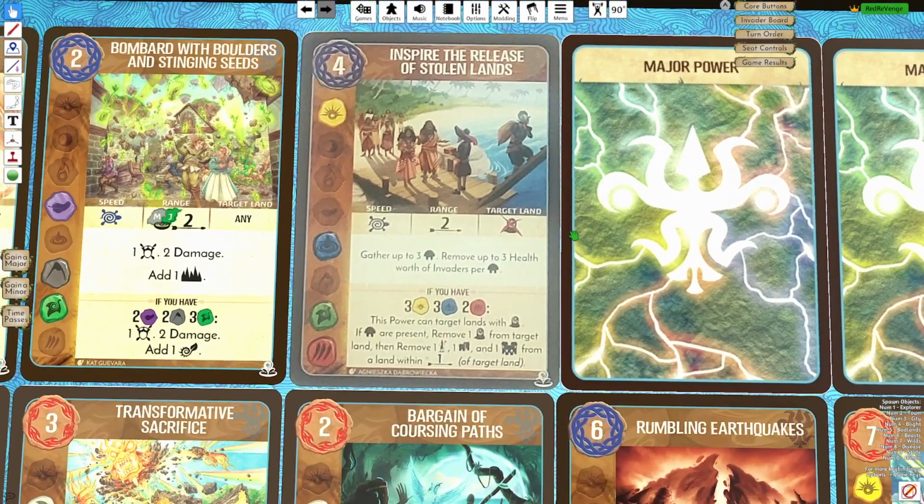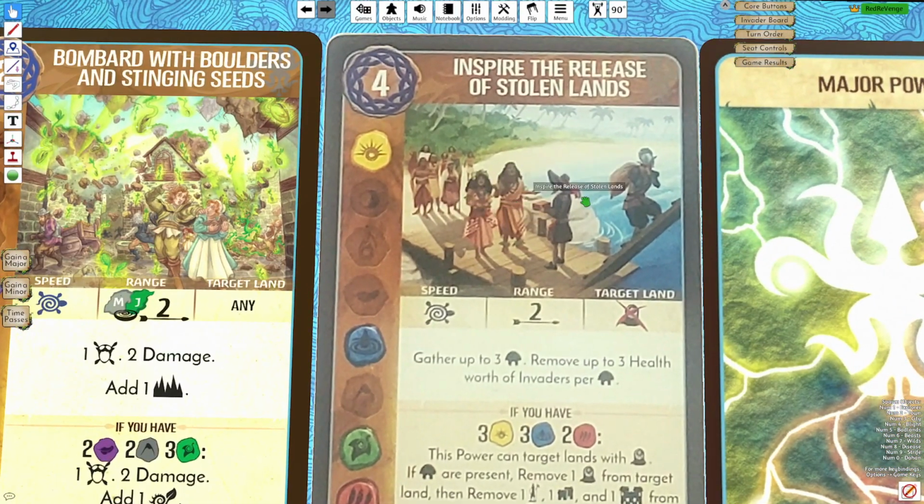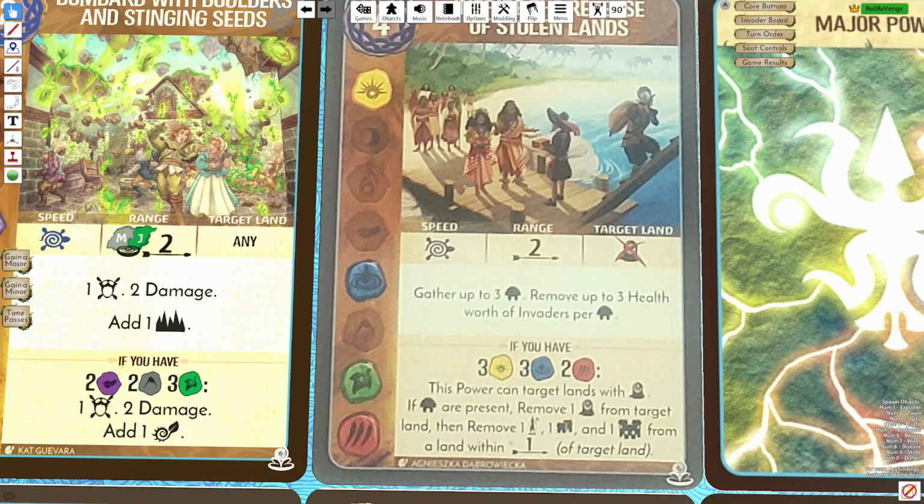Looking at the next one, Inspire the Release of the Stolen Lands. It's a 4-cost slow sun, moon, plant, animal. It's a slow power, 2 range, must target lands that don't have blight. It says gather up to 3 Dahan, remove up to 3 health worth of invaders per Dahan, and then if